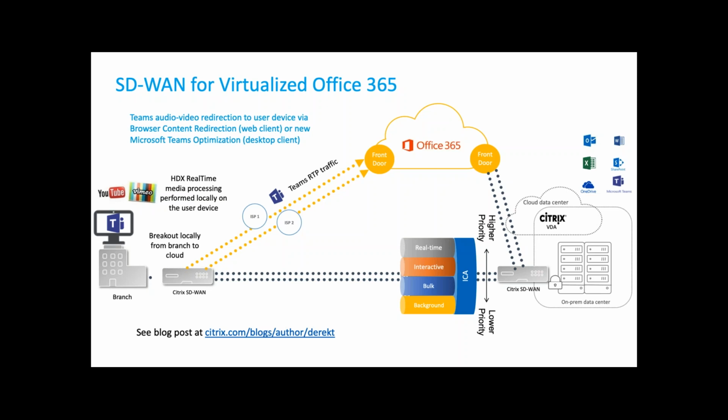And you might ask, well, what does that mean if the workload has to be performed in the on-prem data center under my Citrix infrastructure? Well, we also have the ability to let you process that intense media traffic on the local machine, so something like Teams or YouTube, anything that really is going to crunch a lot of your backend infrastructure. We can do that locally on the machine and allow you to break out, as we mentioned with the Office 365 cases before.